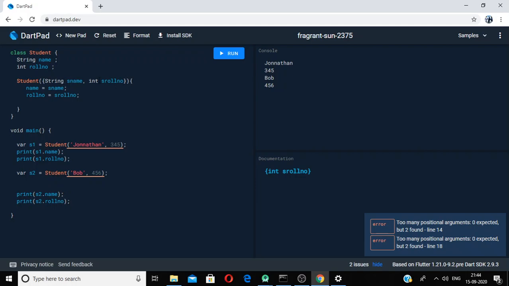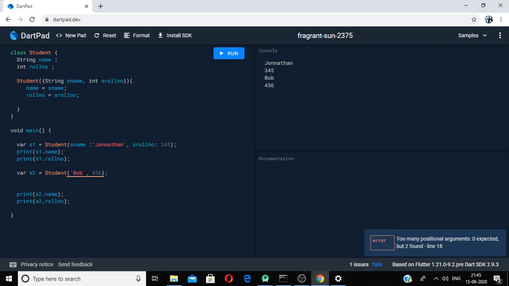These are named arguments, and we can now use them like this. We can pass the name as this, and the roll number as this.